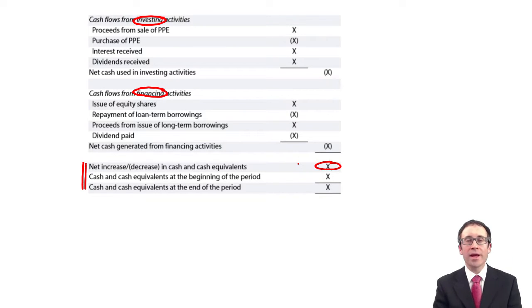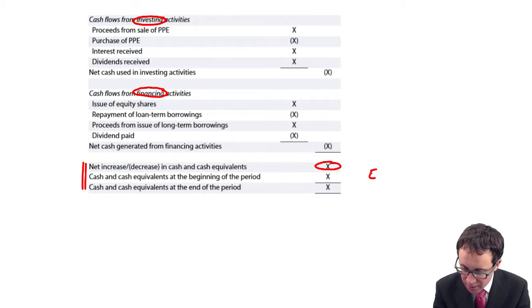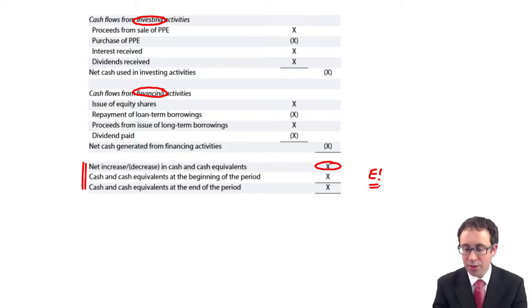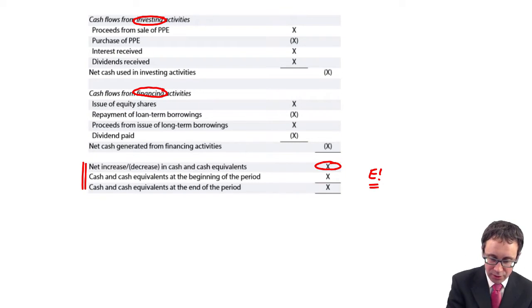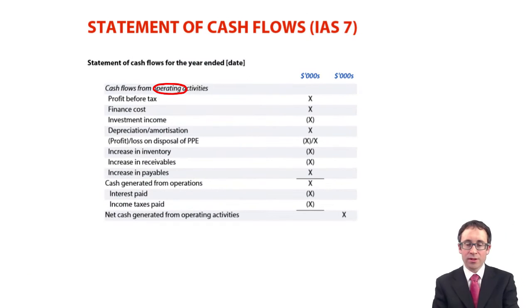You've then got the opening cash and cash equivalents and the brought forward, the closing cash and cash equivalents. Copy those figures in, and that should be some pretty straightforward marks. Okay, excellent. So bits and pieces just to go through there and have a look at the statement of cash